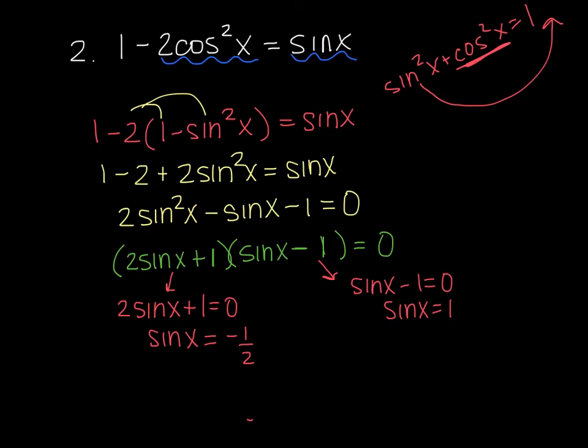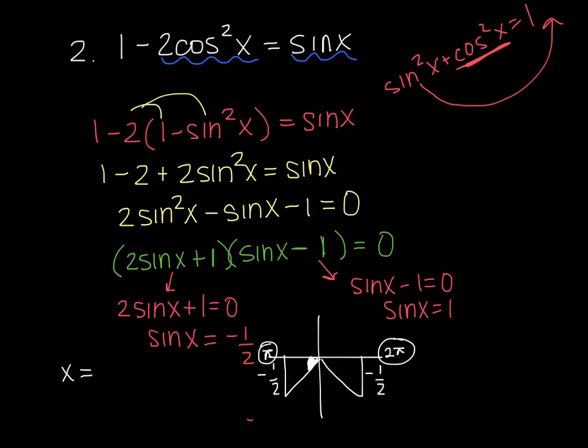Okay, so where is the sine of x negative 1/2? Well, sine is negative in quadrants 3 and 4. And if I think about this triangle, and the more you do, the faster you get at this, opposite my 1/2 side is always a 30-degree angle, or a pi over 6. And again, thinking about it in terms of pi or 2 pi, so I'm 1/6 past the pi, or 1/6 pi past the pi really, so 7 pi over 6. And then I'm 1/6 pi short of going all the way around, which is 12/6, so this would be 11/6.